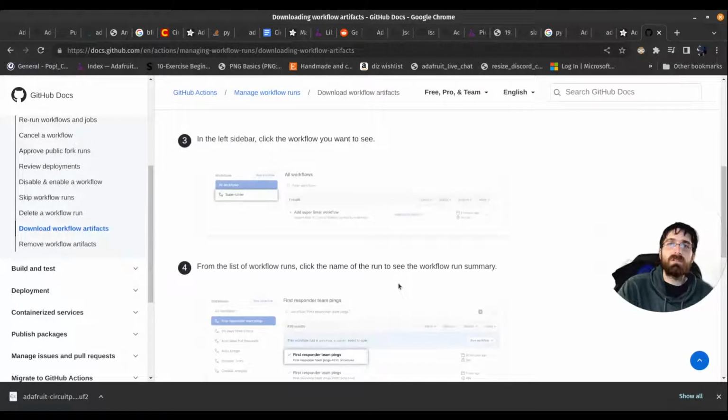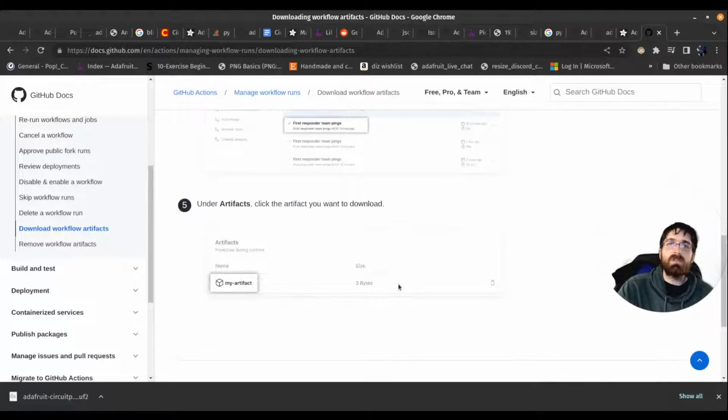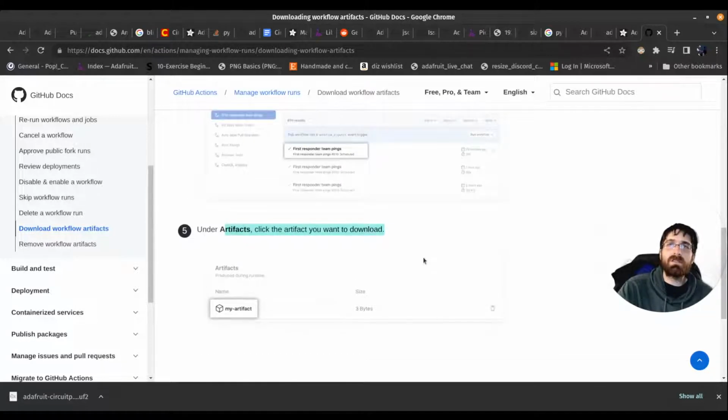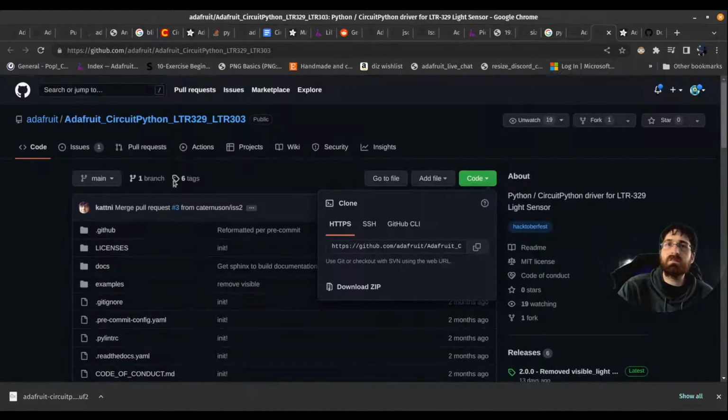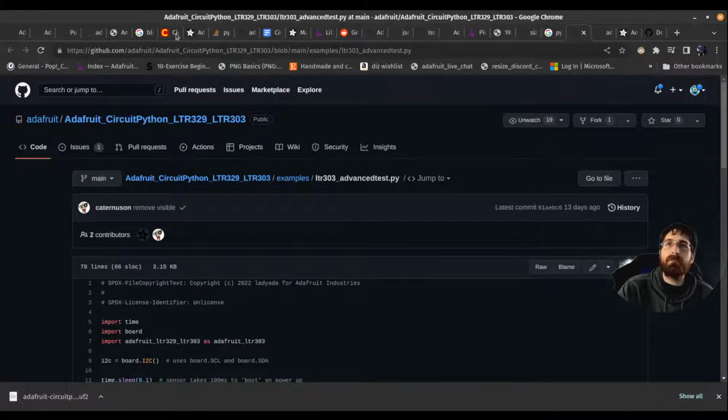Actions, all workflows. Click a workflow, under artifacts. I have no idea what tab we were in.